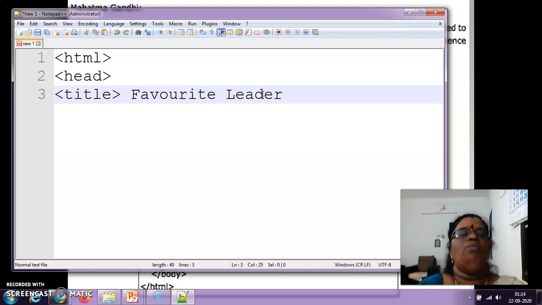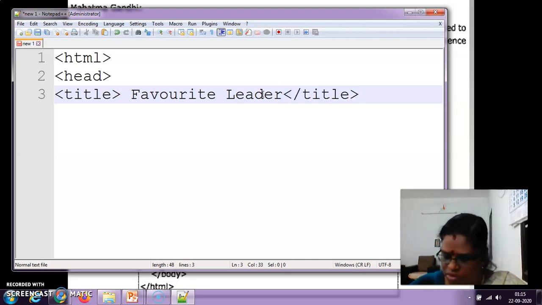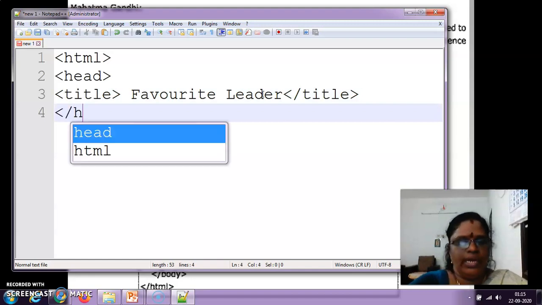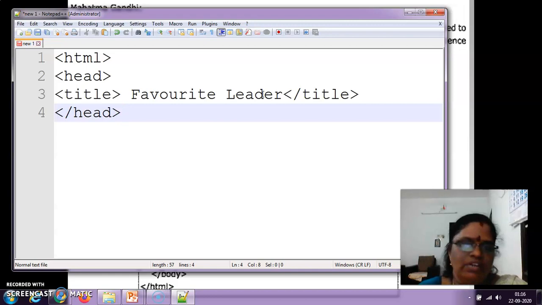So, we are opening HTML, opening the head, title. I am going to close the title now, right? After closing the title, I am going to close the head because we are going to use an inline style sheet, not the internal. If you are using the internal style sheet, we can write the style tag inside this head tag. Right? Inside this head, you can write the style if it is an internal style sheet.